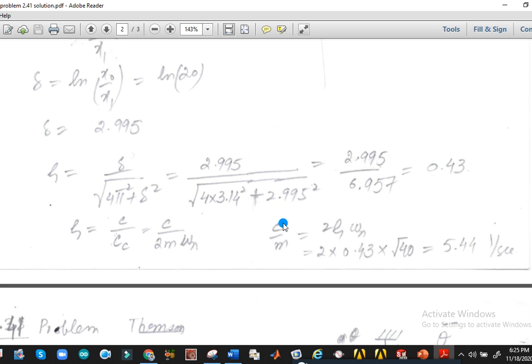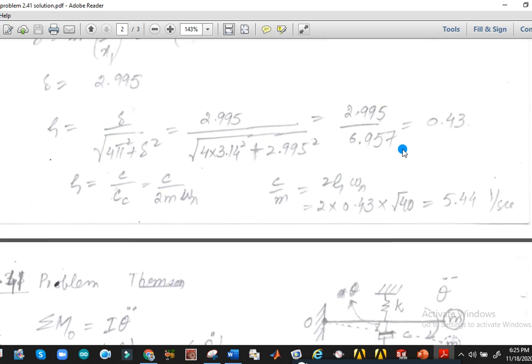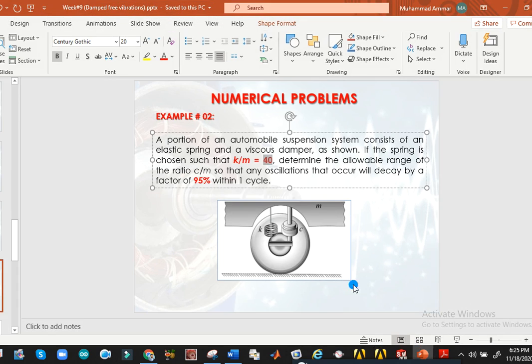And this is all about viscous damping only. But keep in mind, mostly viscous damping is always more than structural or frictional damping. So the major portion is for viscous damping. So we have designed here the suspension system based on the viscous damping only. In advanced classes, you will study the other types of damping. Okay.